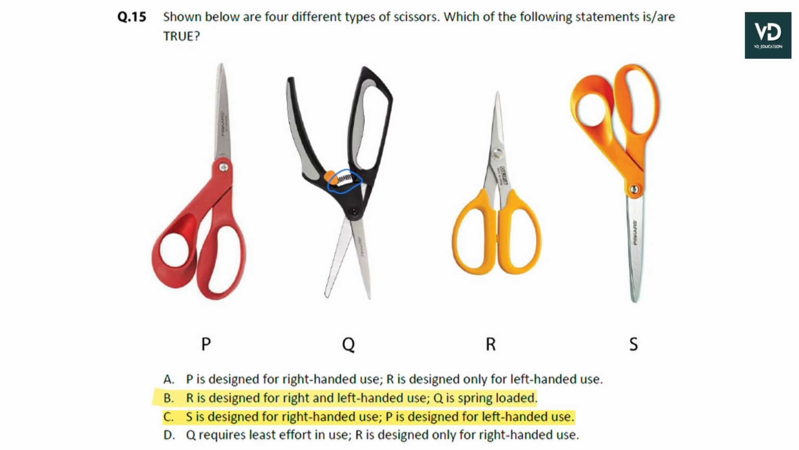15th question, shown below are 4 different types of scissors. Which of the following statements is or are true? And the correct options are B and C, as R is designed for right and left-handed use. Okay, this is a common type of scissor that we use generally in our daily life. And Q is spring loaded, like here we can see they have provided a spring. And S is designed for right-handed use. As we can see, the thumb will be in the upper part here, upper section में अपना thumb fix किया जाएगा, that is for the right-handed. And P is designed for left-handed use only. Like this kind of scissor we generally use in our daily life, as our thumb will be at this part. Okay,